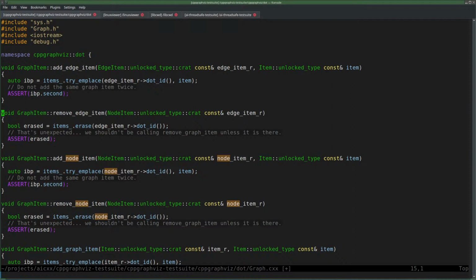I could make it a template that accepts everything that has a .id as a member function.